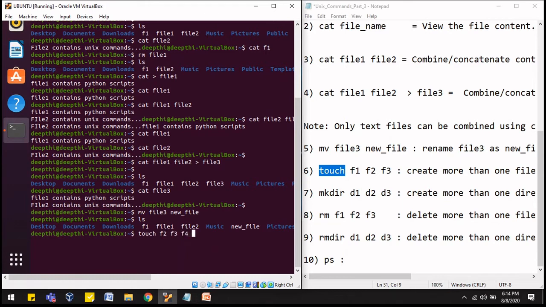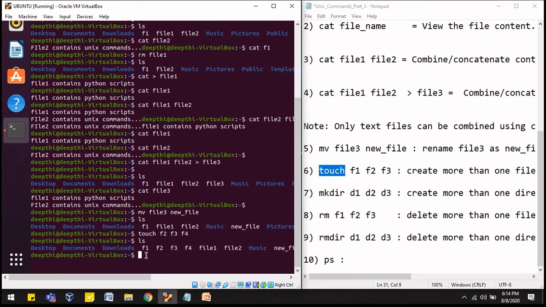I can create any number of files like this by putting a space between the different file names. Let's again use the ls command to see which files have been created. Now we can see that f1 was already there, f2, f3 have been added, and file1, file2 and new file were already there. So f2, f3 and f4 have been created. So the touch command is used to create a file.